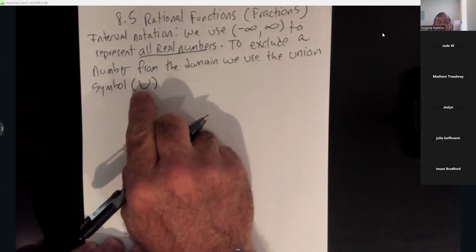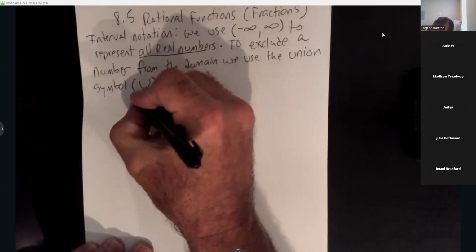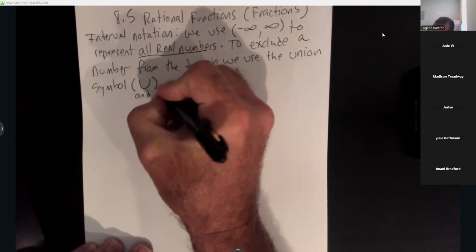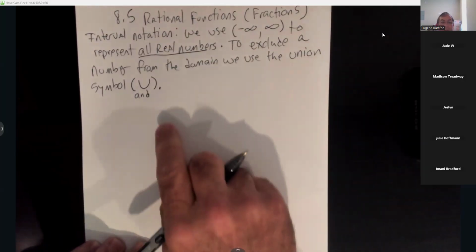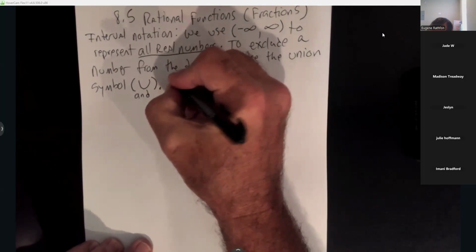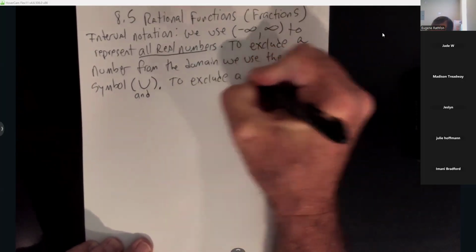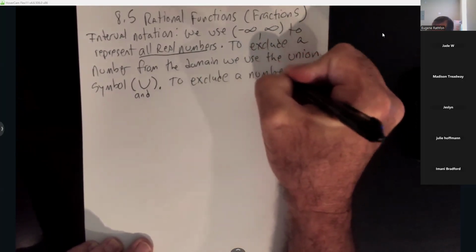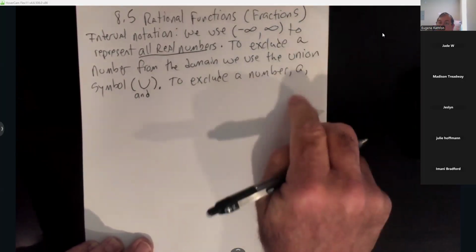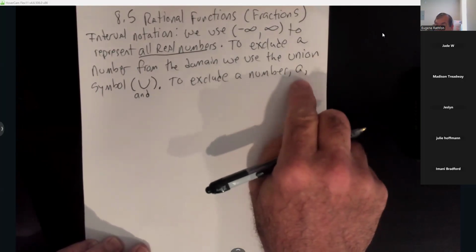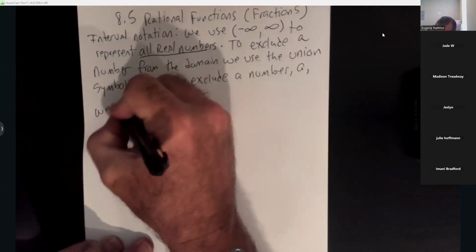So in math, this means and. Okay? So to exclude a number A, remember, A can be any number. So to exclude a number A, we would write,